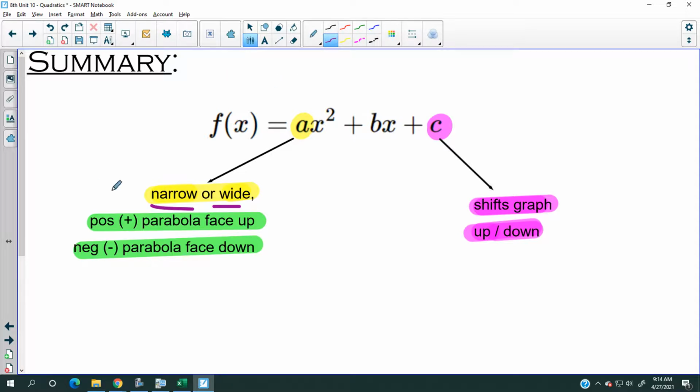So narrow or wide, right? The leading coefficient tells you narrow or wide, and if it's a positive value, the parabola faces up. If it's a negative value, the parabola faces down. And with this one, the C here, the constant, makes the graph go up or down. So if you add, it goes up. If you subtract, it goes down. And similarly,